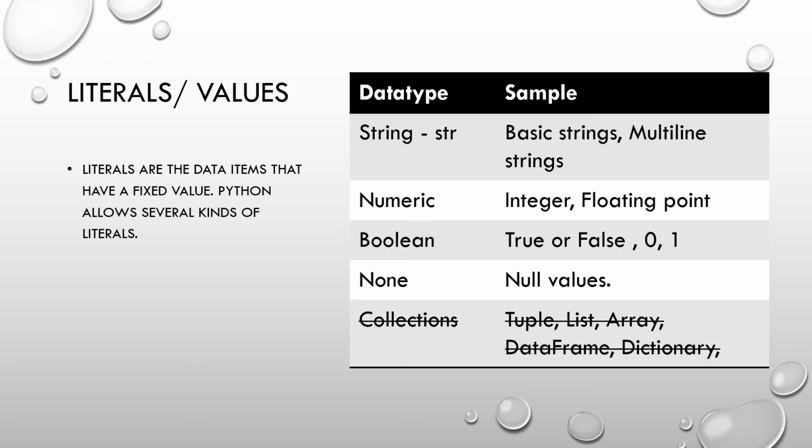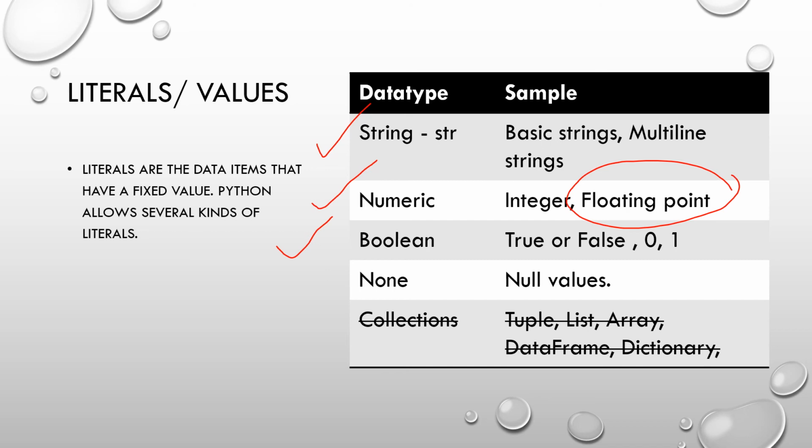Each and every item or attribute of my data will be different. My first name can be a string. My last name is also a string, or a word. My age can be a number. My salary can be a number. My height can be a floating point because it will have a decimal point in it. Maybe my marital status can be yes or no. We call that a Boolean data type.